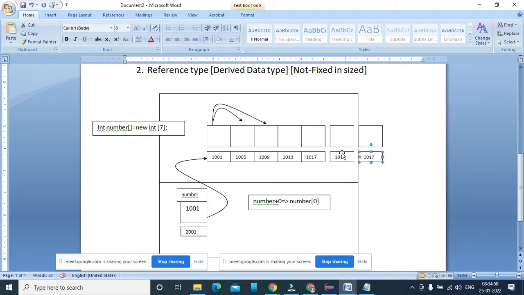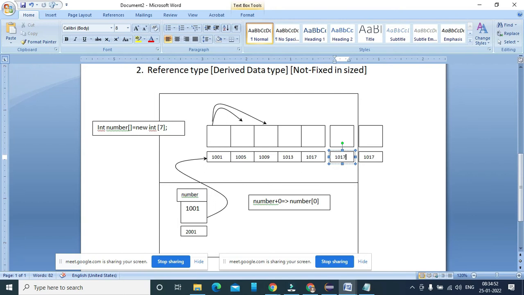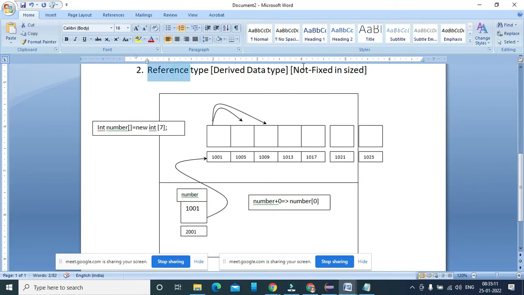It will take some more addresses from the location, based on availability. So if I keep on increasing the size, scalability is possible in my reference type, and that is the reason they are not fixed in size.